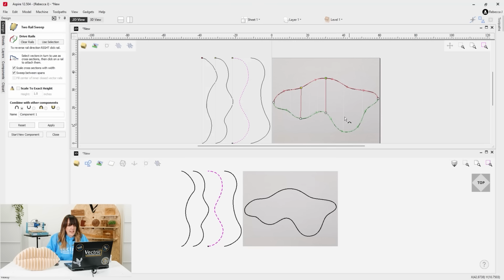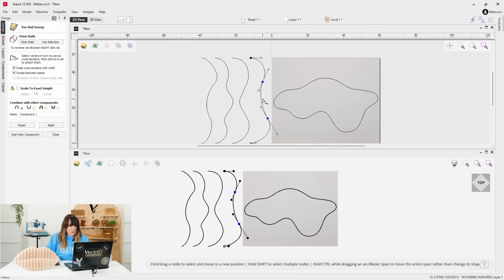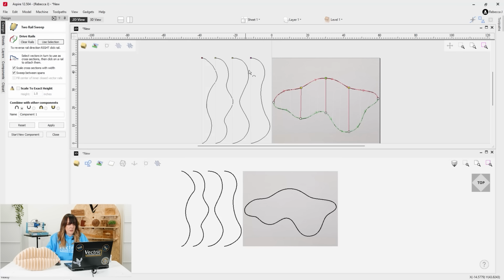And then actually over here, I want to go back to the yellow one. So I'm going to take that, I'm going to put that over here like so. I'm going to take this last one over here and apply that to the end there. And again, you can see we've got a number 3 there. So I'm just going to go into node edit. I'm just going to insert another node there. And then what we're going to do is just come out there, just reselect those rails, and you can see everything